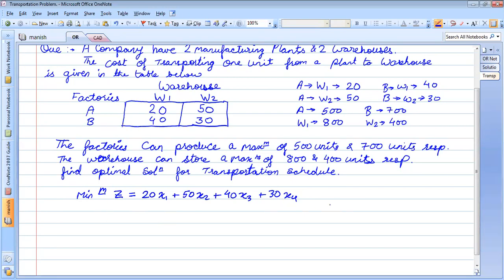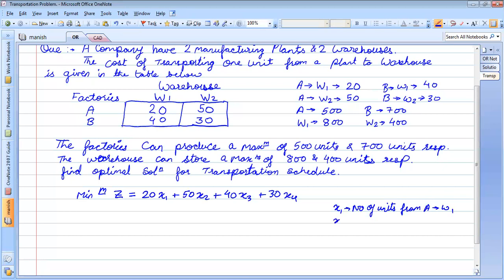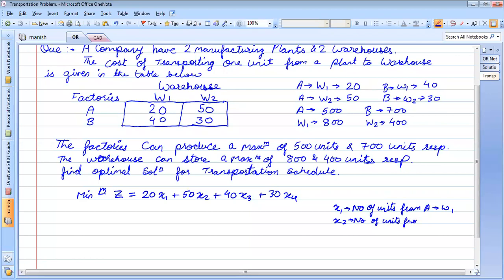where x1 is the number of bottles or number of units from A to W1. X2 is the number of units from A to W2.